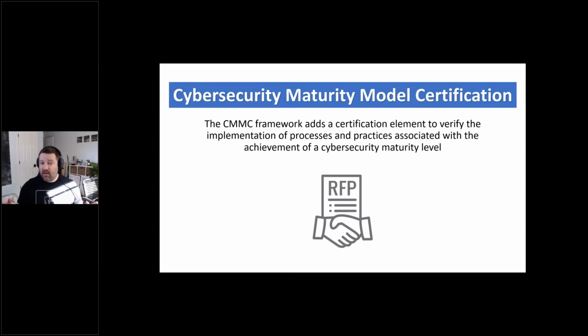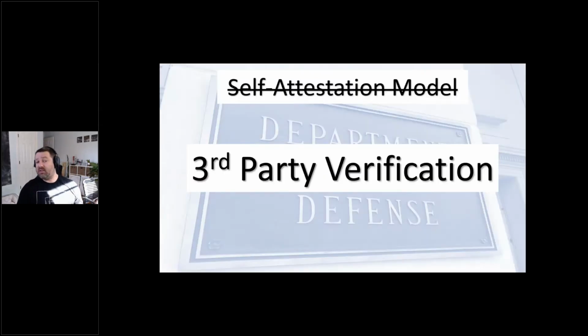And this will be by 2025, in September of 2025. This will be part of every single DoD contract. I'll explain a little bit more how it fits in a second, but what we are now seeing is the following. No longer will there be a self-attestation model where an organization raises their hand and says, we're very good at cybersecurity, please give us this contract. All organizations that wish to bid on contracts that contain FCI and CUI will require third-party verification of their cybersecurity